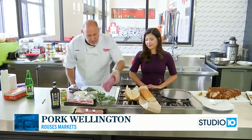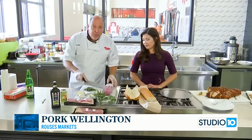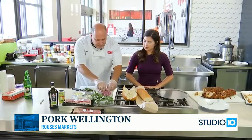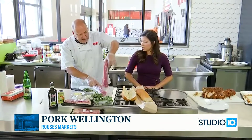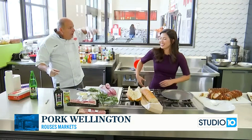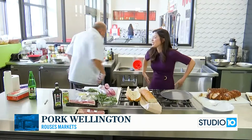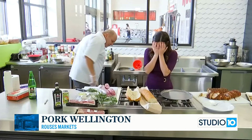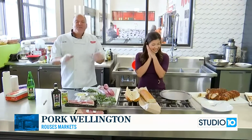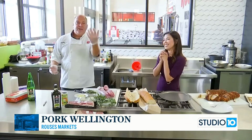So look, we have our pork tenderloin and our bacon. Now, the pork tenderloin is different than the loin. There's actually two tenderloins in this pack right here. Okay? Oh, really? Look at that. That's a tenderloin. That's from kind of back here. Just imagine the pig. We actually brought one into the studio. And careful, he bites. Okay, so that's the muscle that gets the least amount of use, so it's very tender. Kind of like the filet mignon of the...